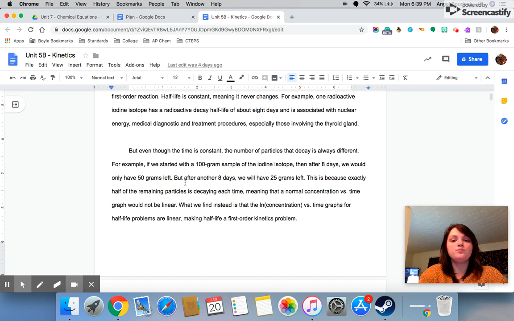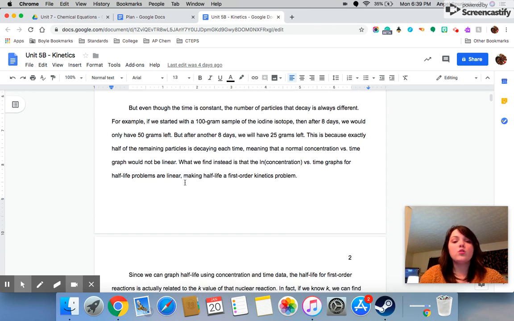A common radioactive isotope that we see with Chernobyl and with the nuclear bombs is a radioactive iodine isotope. But luckily for us, its half-life is about 8 days, so it usually doesn't take too long. In fact, we use this in medical treatments. Because its half-life is relatively short, we use it quite often. Even though time is constant, so every 8 days we lose half of our sample of iodine,